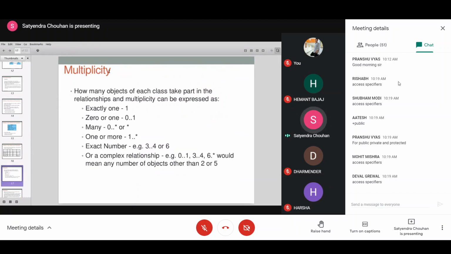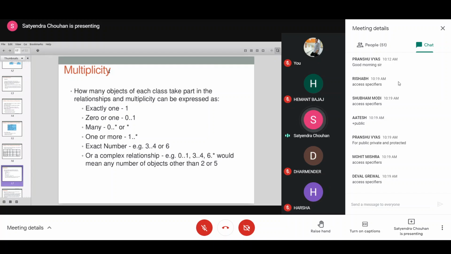Multiplicity is the term I was forgetting at that particular slide. It shows how many objects of each class take part in a relationship. If you write just 1, then it is exactly 1. If you want to show 0 or 1, you write 0..1. For many, you can use either star or 0..star, and for 1 or more, 1..star. You can also show an exact number of objects associated with the other class.